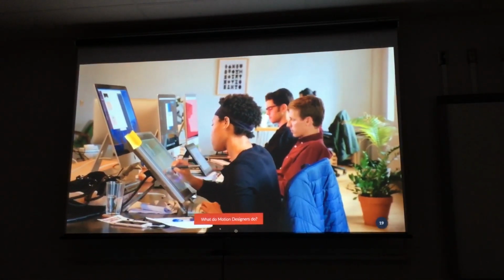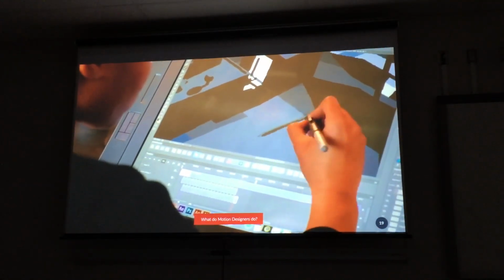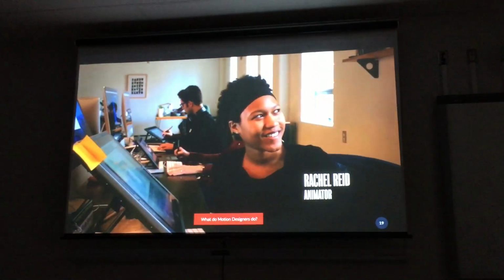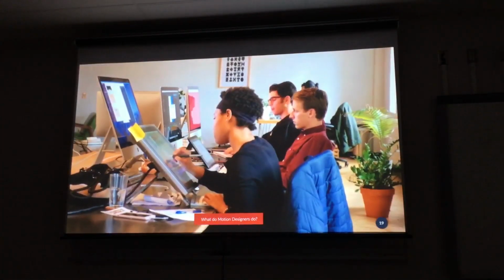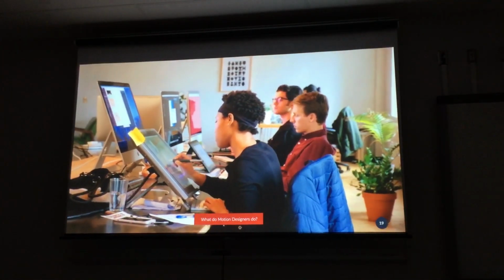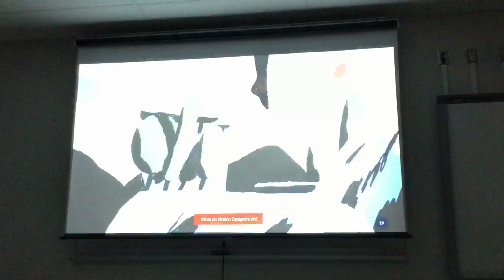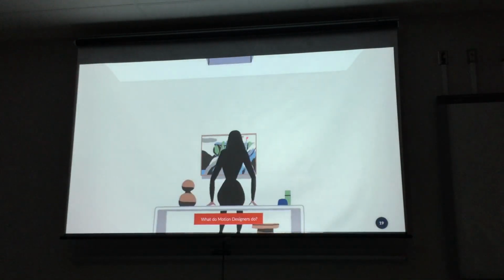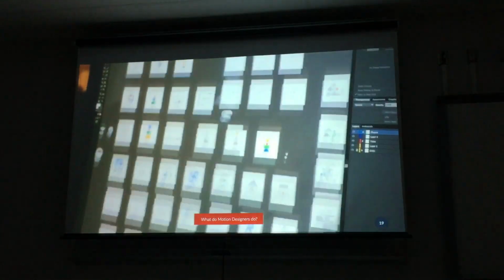Like Rachel, who is a traditional cell animator doing things the old-fashioned way. For someone who loves to draw, if you like to make things move as well, then it's like, well, I want to draw this same character over and over and over again. It takes a long time, but it's like you're in your own little world and you get to make creative decisions. Sitting next to Rachel was John, who was making animations for Google that will end up playing in an